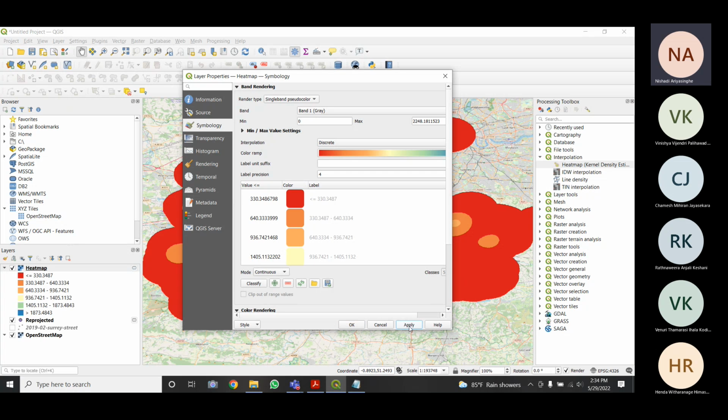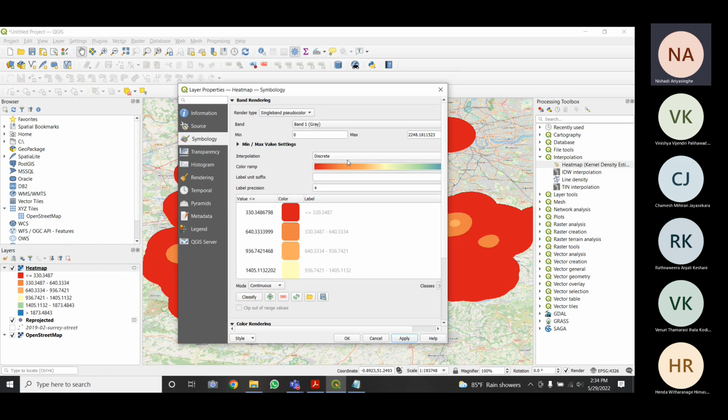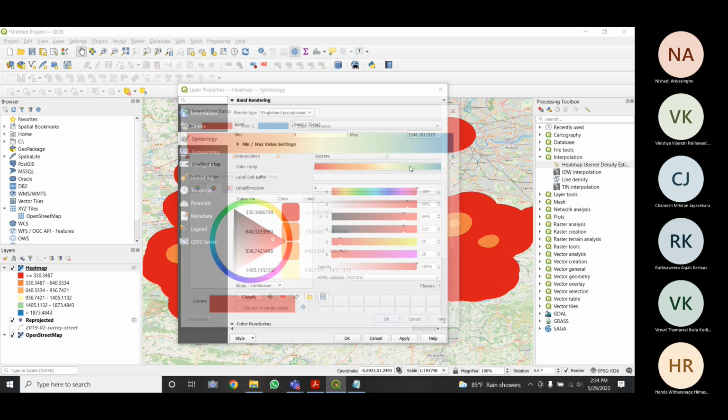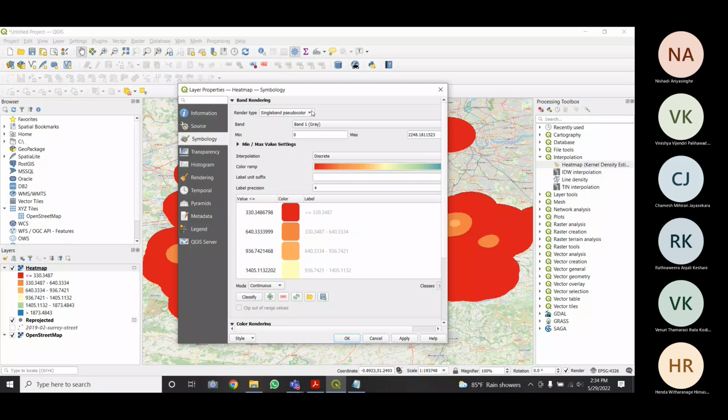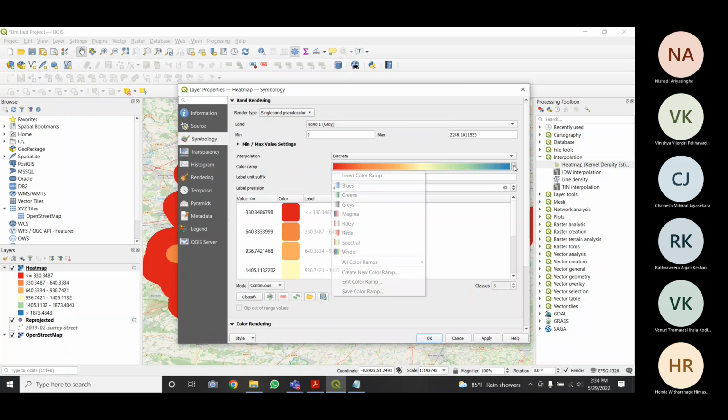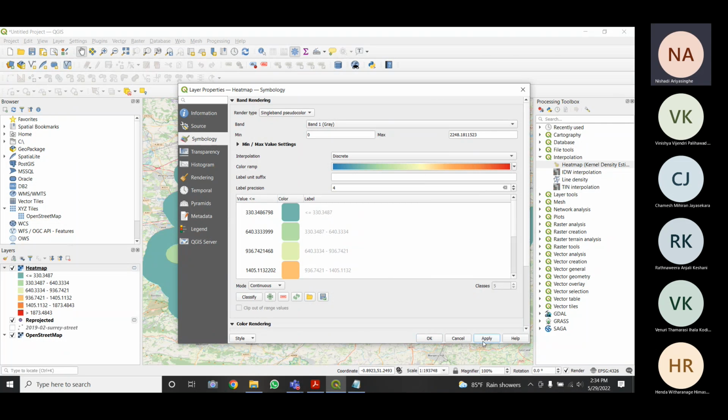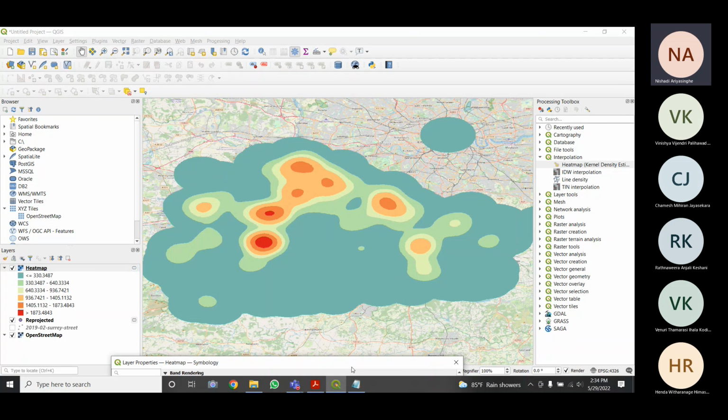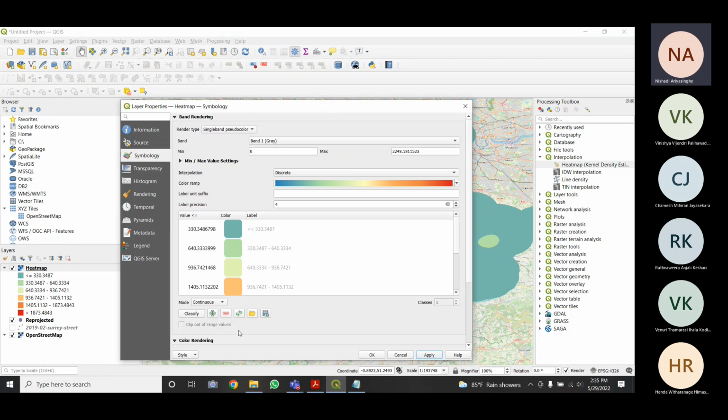Right? So if I apply it, you can see. It is better to invert it. So you can see here it is more distinguishable, right? You feel that there is a heat map here, rather than in the previous way.